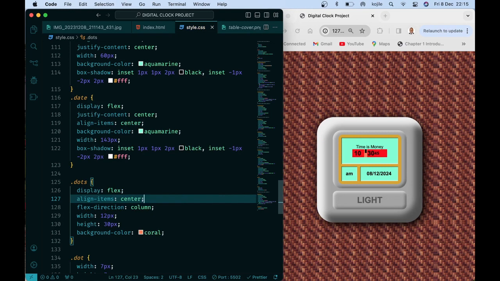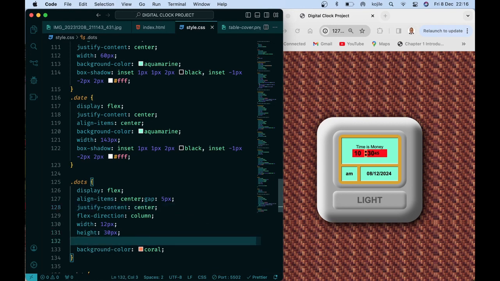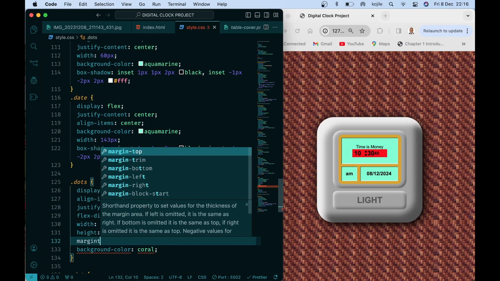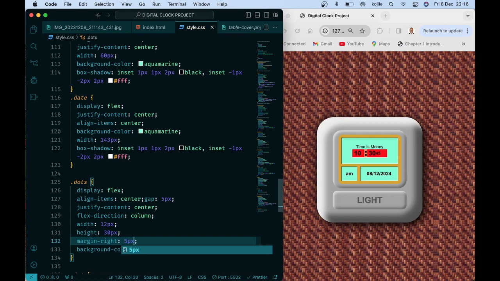and we also just set the align items to the center. Then can we give some gap of pixel? Yeah, so let's just set. Good, the thing's looking great. Now we need some margin to the right again. Margin right, 5 pixels. Good, so I think it's perfect. We can turn off its color as the background,